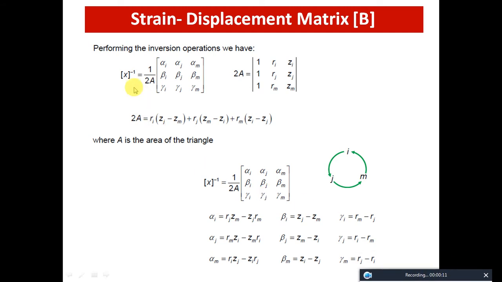So there, this X inverse is 1 by 2A of this matrix, and this A stands for the area of the triangular element. Hence, this 2A becomes the determinant of this value. And here, what is this alpha i, alpha j, alpha m? That we have shortly denoted, because after finding the X inverse,